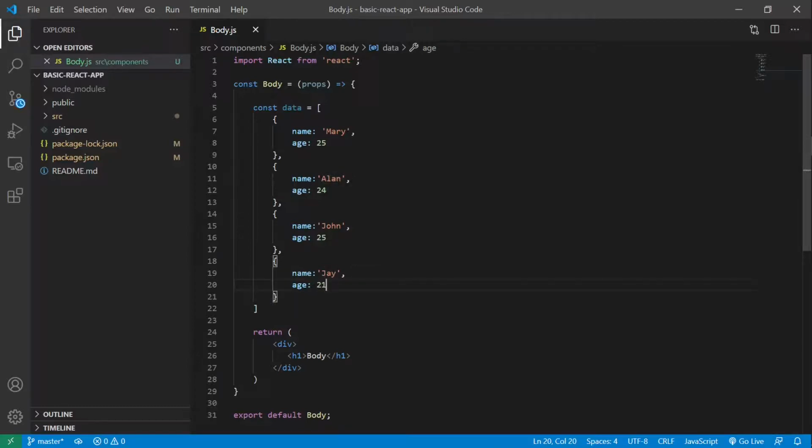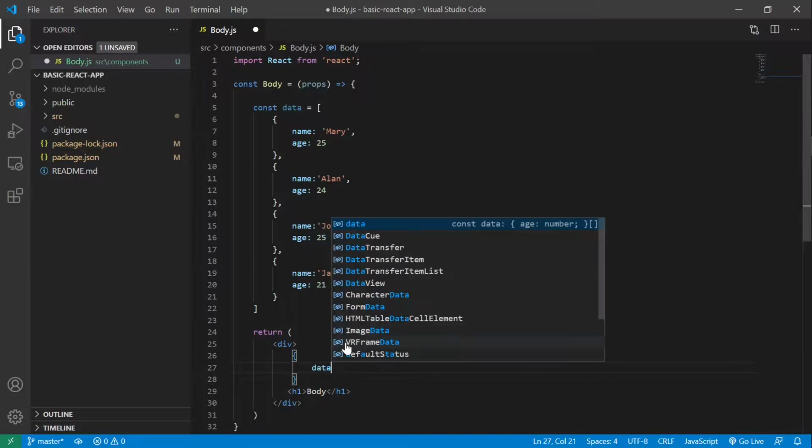Now we will try to render this content on the UI using a loop. As we used curly braces for conditional rendering in the last video, we are going to use the same curly braces for the loop as well. So we'll put curly braces, and inside that we are going to use the map functionality of JavaScript on this array. So let's say data.map,